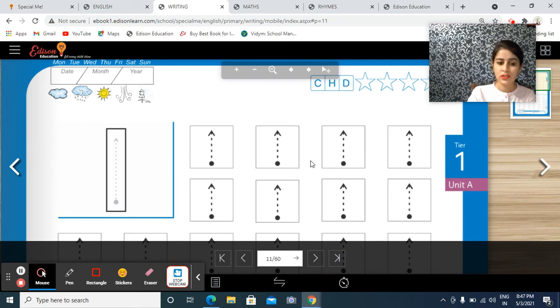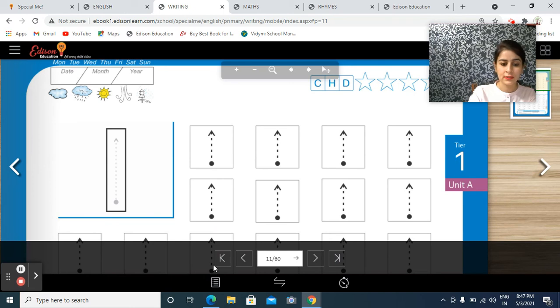Let them do. It's not mandatory that they'll join these dots in a straight manner. Let them do it the way they are doing, because it's the very first time they are writing. We can't expect that they'll form these lines in a straight manner. So please don't pressurize them, don't force them, and neither should you do the work. It's your child's work. Let them do that. And I know my little ones will do this. Okay, babies? You'll do this?